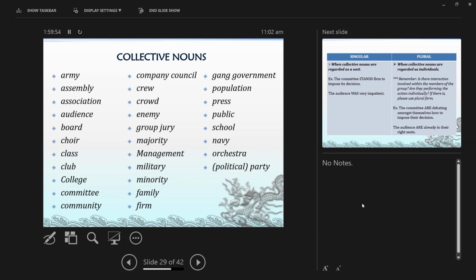Okay, we do have an entry from one of the Zoom participants, Miss Karen May, who is so active. Okay, let me read her example. The management gets its ideas from its employees. Wow, this is a very good example. The management, a collective noun, singular in form. Gets is the verb, singular in form. Correct. Okay, now let me check the answers from the people here.